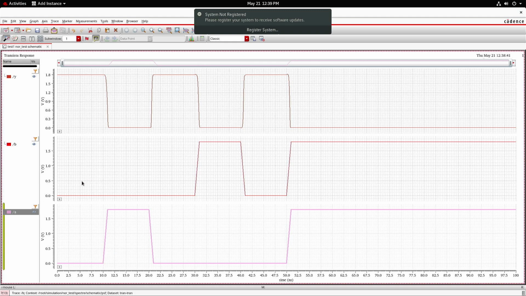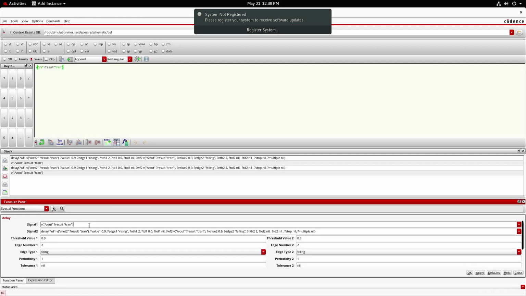This is 0 0. The corresponding output is 1 for NOR gate. For 0 0 pattern, if I select A as the signal 1, to get into 0, A has to fall, and output is 1, output is rising. Therefore, go to the calculator. In the calculator, I need to choose delay function. In the delay function, there will be 2 signals, signal 1 and signal 2.